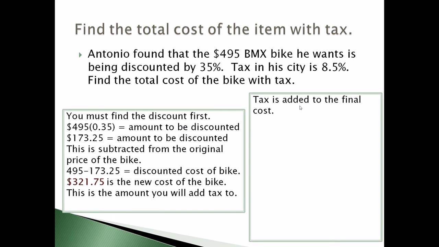So tax is going to be added to this. And remember, tax is a percentage of the price, the new price. We don't pay tax on the original price. We pay tax on how much we're actually paying for it. So that's times 321.75 times